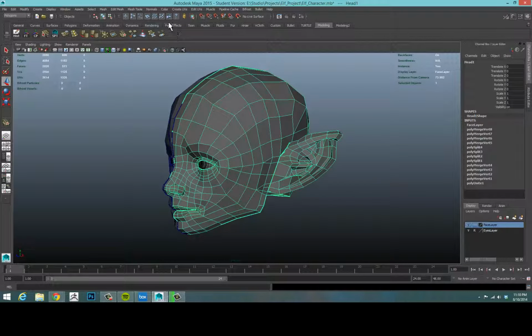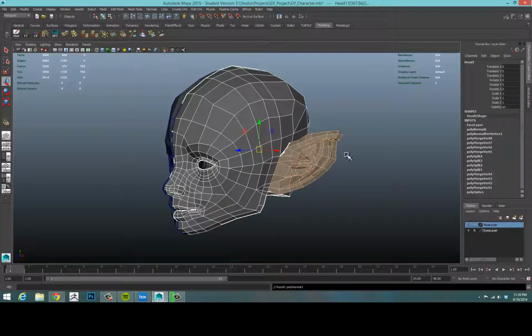It may be our normals, so I'll go to normals, and I want to unlock my normals, and then go to normals, conform, and that is where our problem is. Basically the normals for our ear are reversed from the normals for our face, so those two edges don't really want to connect up. So after going to normals, conform, I'll go to normals, reverse, and that's going to reverse the normals for our